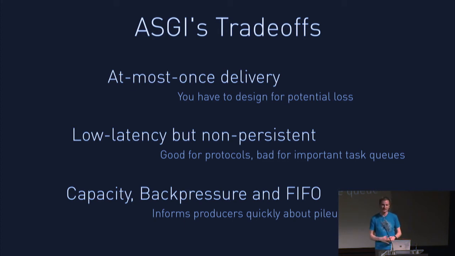And finally, it has things built in for capacity and back pressure. So a channel has a certain size, about 100 by default. And if you try and push more things into a channel that's full up, it gives you an error. It says, no, I can't do that. The trade-off here is that it means your apps have to deal with failure to send. We raise an exception you deal with, but it means that you get to know what's happening.